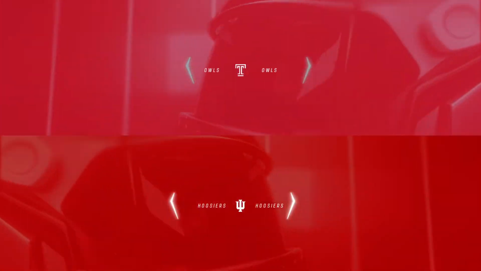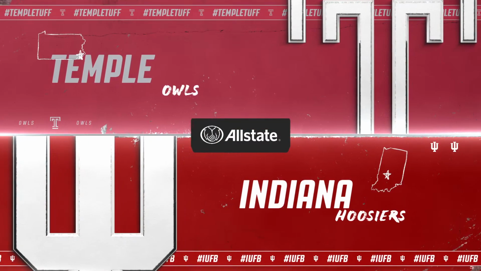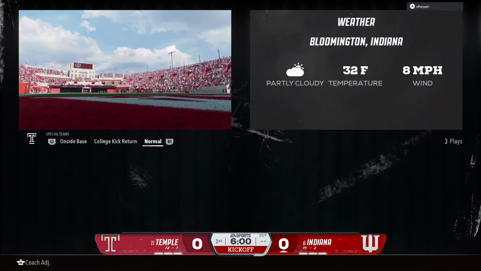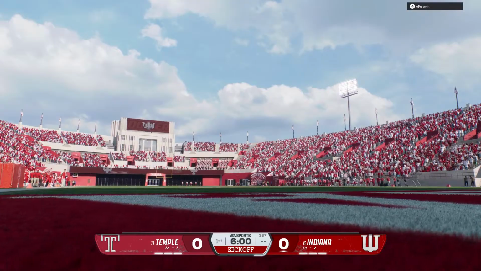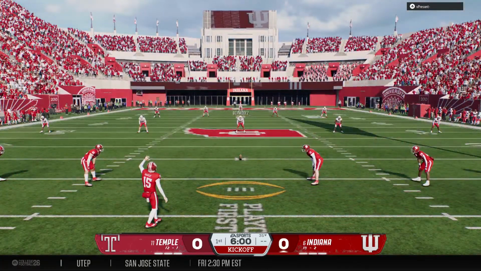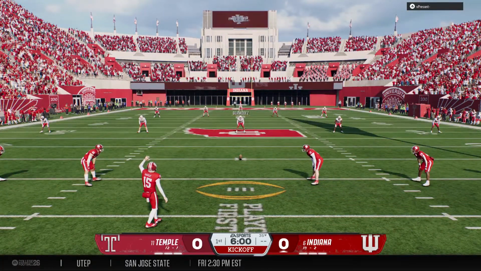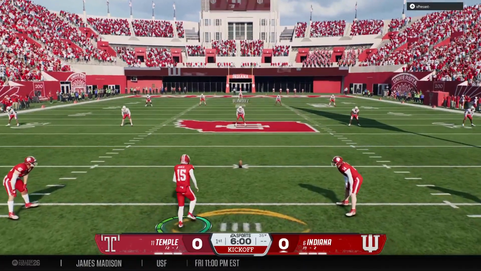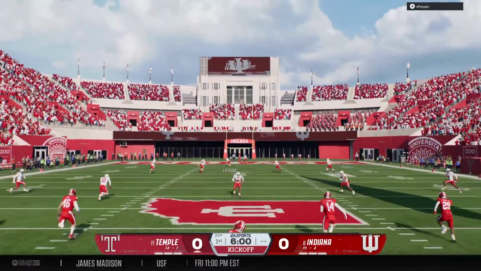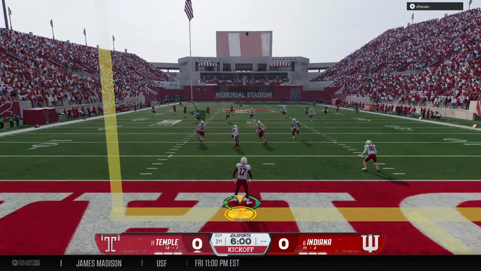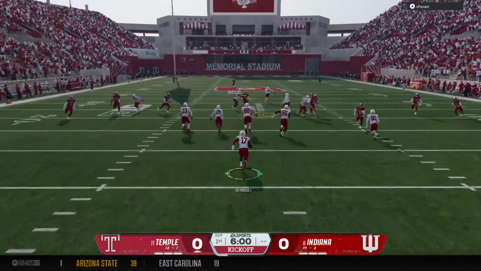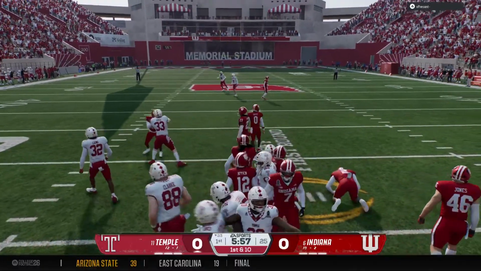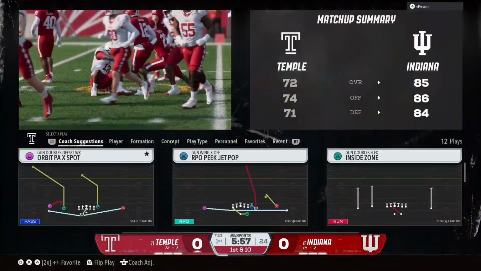The playoff is here, and let's not wait any longer. Let's get this going. The kickoff team is out there. Great energy as this college football playoff gets underway. He's going to bring this out a few yards deep in the end zone. And they stop him at the 23. That's solid coverage.